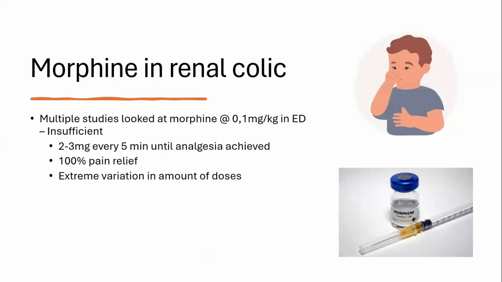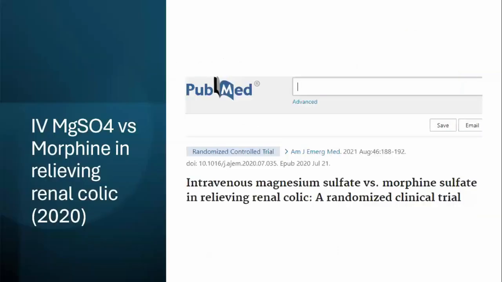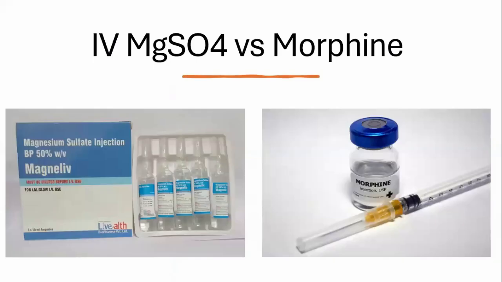Another study that I really liked, and it's the go-to drug for almost everything in emergency medicine, is magnesium sulfate. So they wanted to see how IV magnesium sulfate compares to morphine in renal colic. Again, a randomized controlled trial. And this was